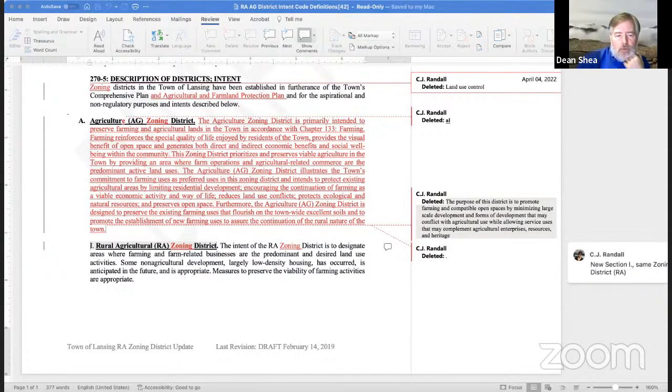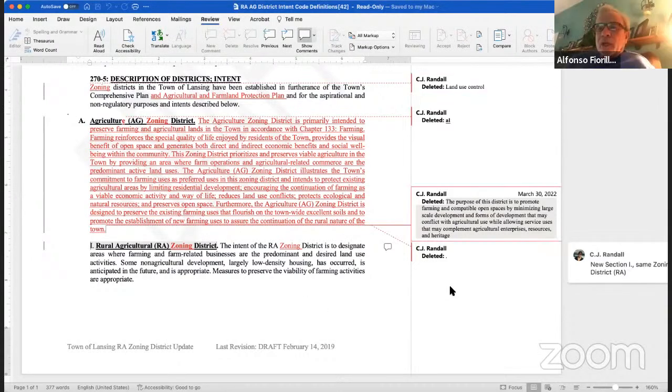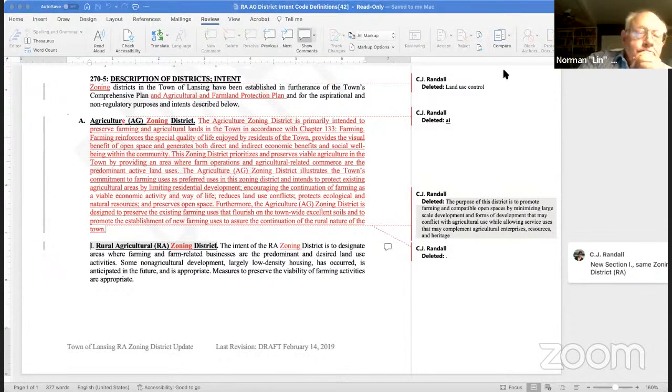Because I would think that we would be looking at both of those, not just prime, but also soils of statewide significance. So you would like to take out "excellent" and replace it with some different terminology, is that correct? Correct. Okay, I think that's a really good idea. And that terminology is clearly defined in other documents also. Good enough for the state of New York solar people. But is it good enough for you, Lynn?